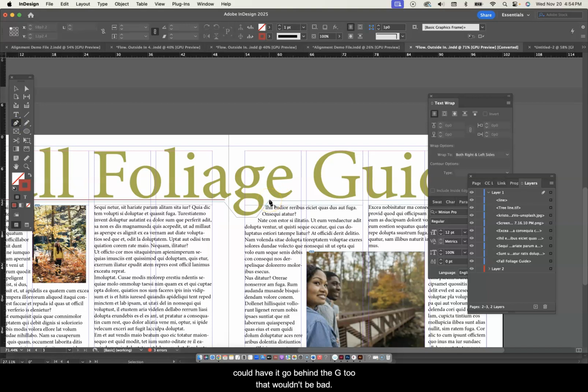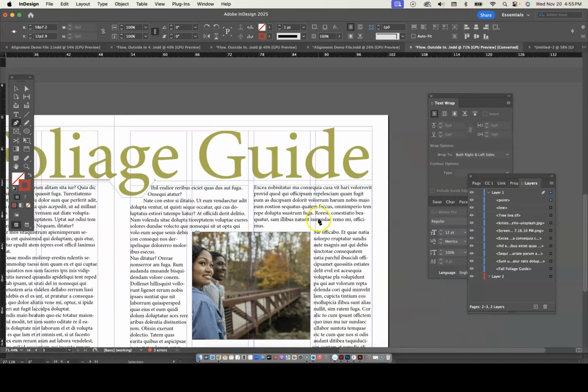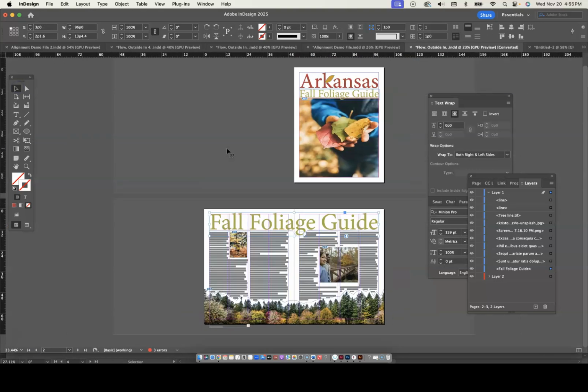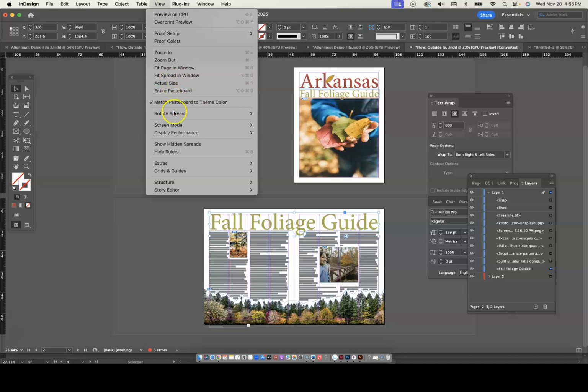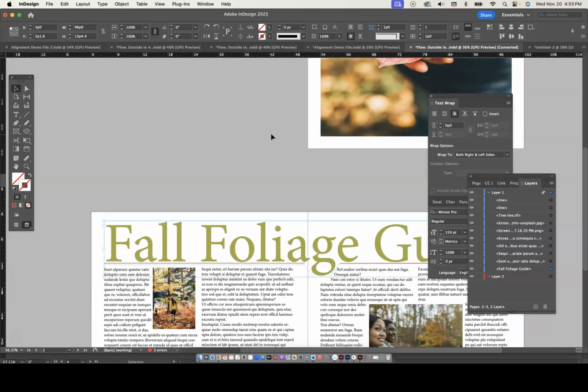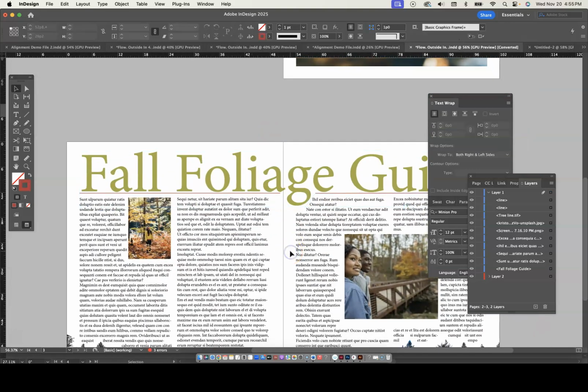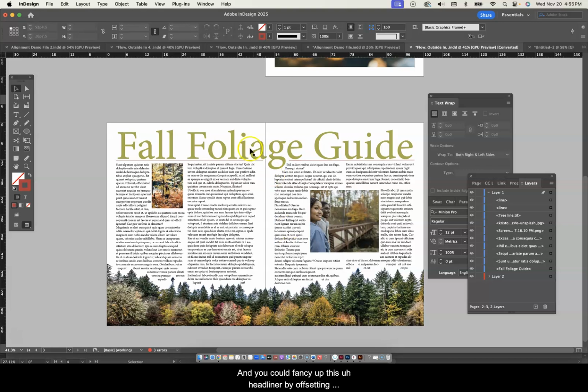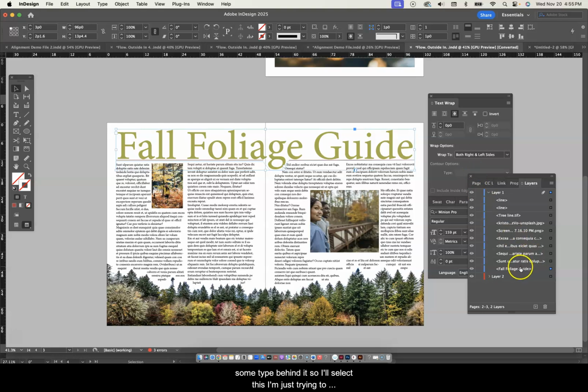Or you could have it go behind the G too. That wouldn't be bad. And you could fancy up this headliner by offsetting some type behind it. So I'll select this. I'm just trying to create a sense of flow and harmony with color